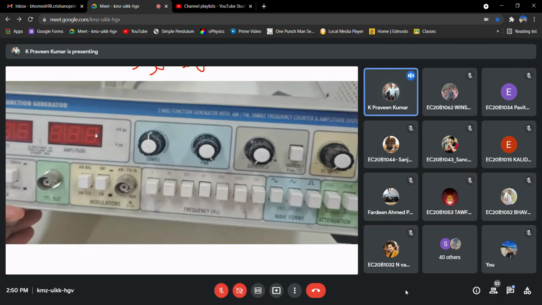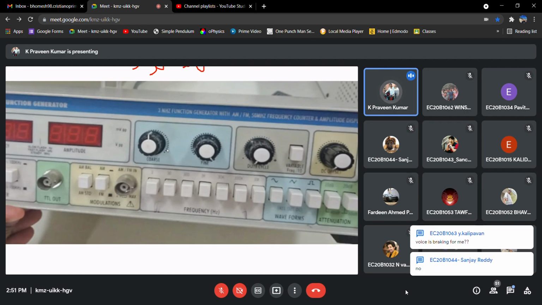So how can I vary it? By using these two knobs, the coarse knob and the fine knob. Fine is basically like, say, for example, I want some 1K. Fine means the step size is very small. Let us say I'm varying the coarse knob: 1K, 2K, 3K like that.